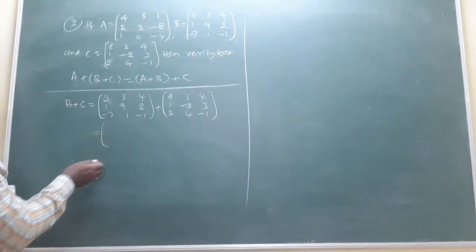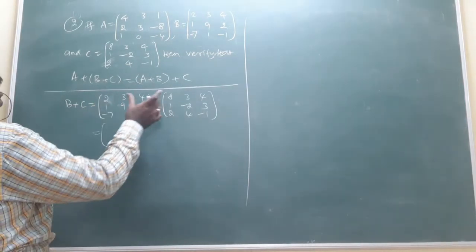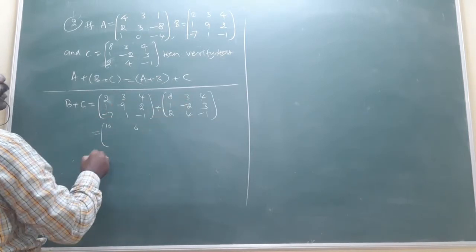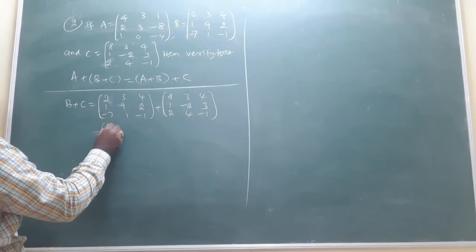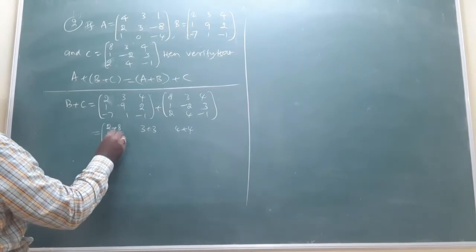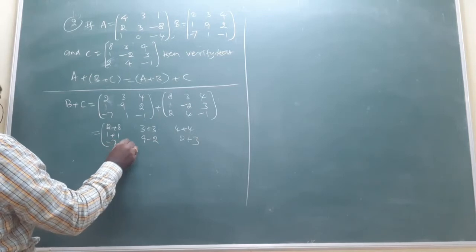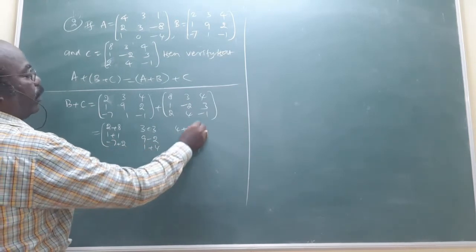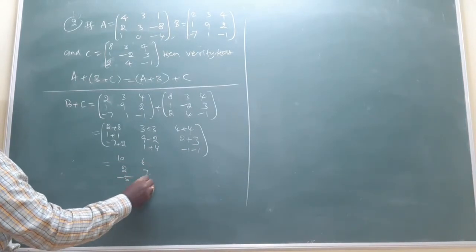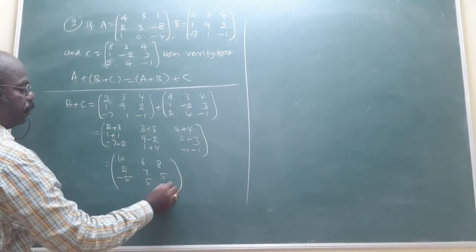After that, what I told you? 3 cross 3, 3 cross 3. That's why addition is possible. Consider the first element. Add the corresponding elements. 2 plus 8, that is 10. 3 plus 3, 6. Otherwise, you do one more step: 2 plus 8, 3 plus 3, 4 plus 4, 1 plus 1, 9 minus 2, 2 plus 3, minus 7 plus 2, 1 plus 4, minus 1 minus 1. In this way you write, then simplify: 10, 6, 8, 2, 11, 7, minus 5, 5, minus 2. In this way you want it.